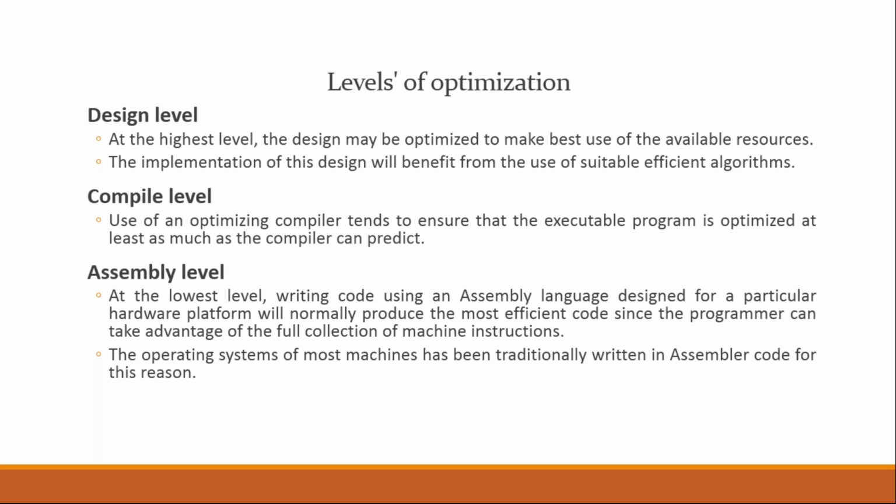Now the second level is our compile level. The actual work, or the middle work, the major concern on our side, is the compile level. If we want to compile our code, how much data can be optimized and how many unnecessary blocks can be deleted from my code, all these things are identified and predicted by our compiler at the compile level.